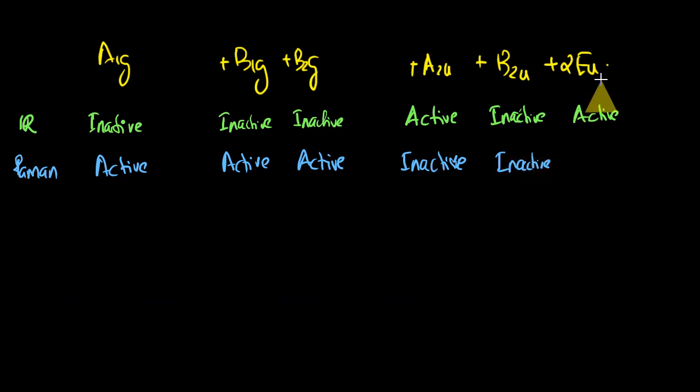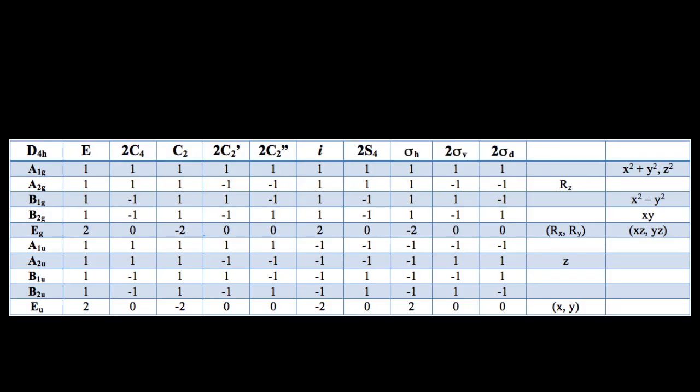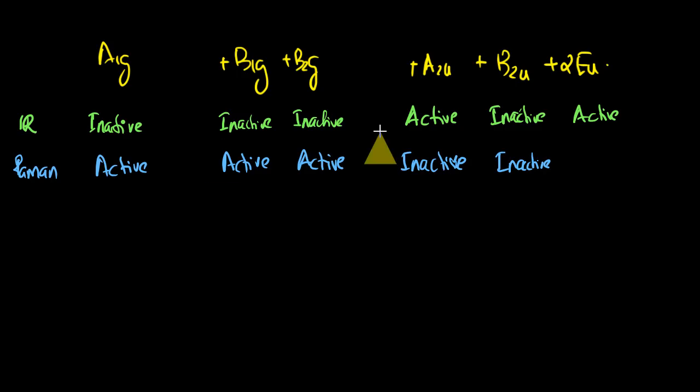And what about the last, EU? Does EU have any binary product corresponding to that? No. Therefore, it is Raman inactive. Okay. So here you can see that